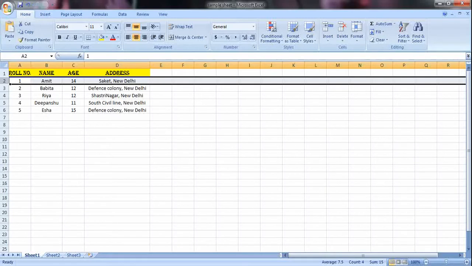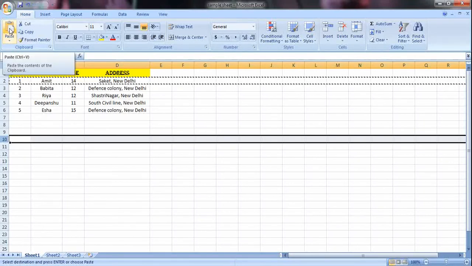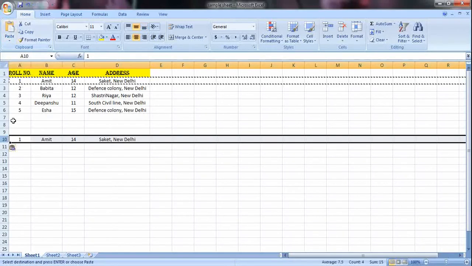So just simply select this, go to the clipboard group, or you can use the keyboard shortcut Ctrl C to copy. Once it is copied, you just need to click on the location where you want to paste it, and then you can simply again go to the clipboard group and click on paste option, or use the keyboard shortcut, that is Ctrl V. Now if you see here, your data has been copied.